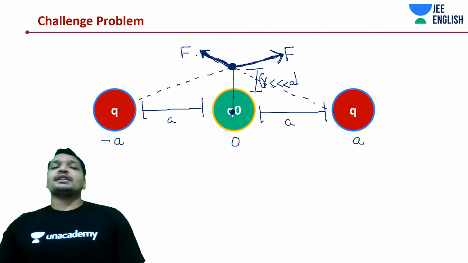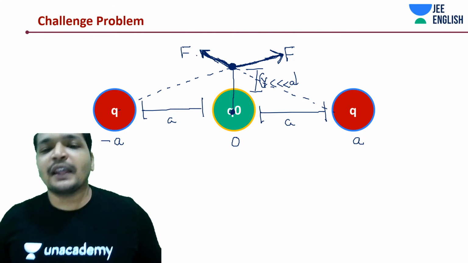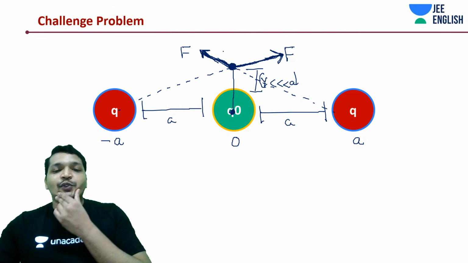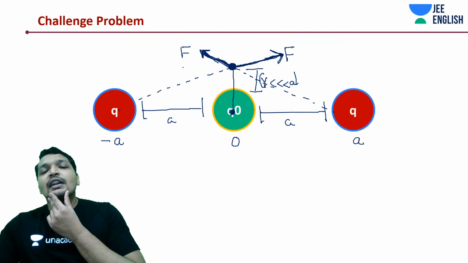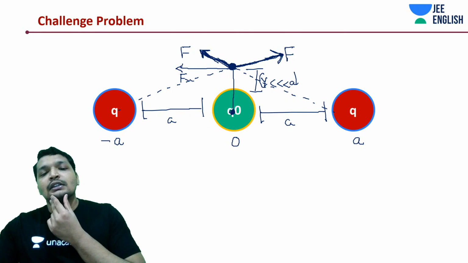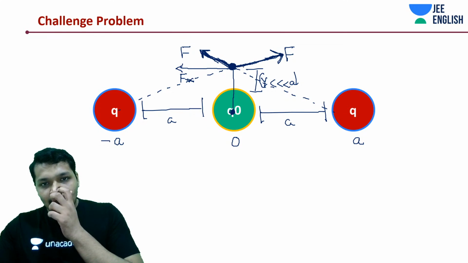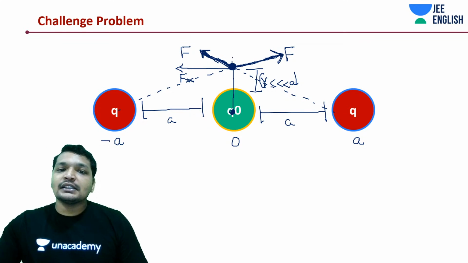Now, does the force cancel out, or does the force bring it back to the mean position? No, it does not. See, this is the force along the x-axis for this one. That gets cancelled, but along the y-axis both will add up